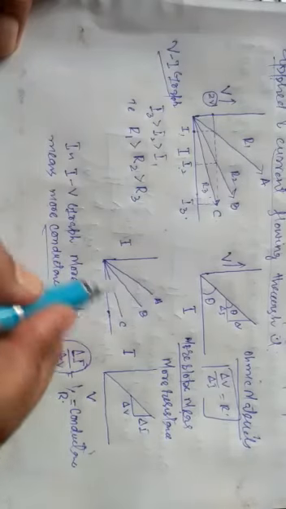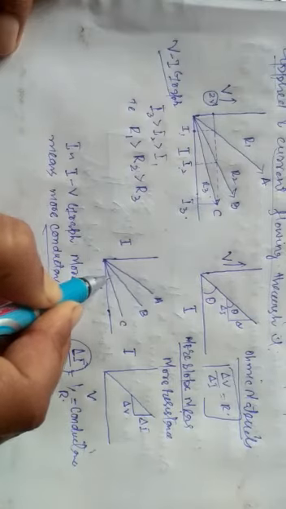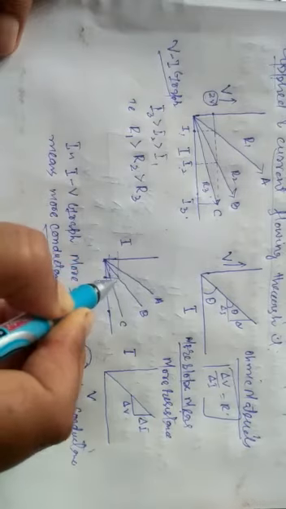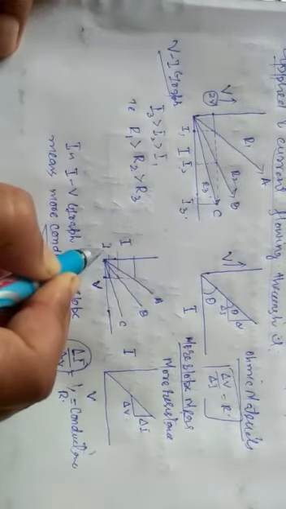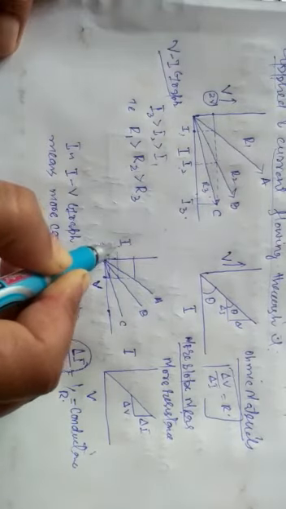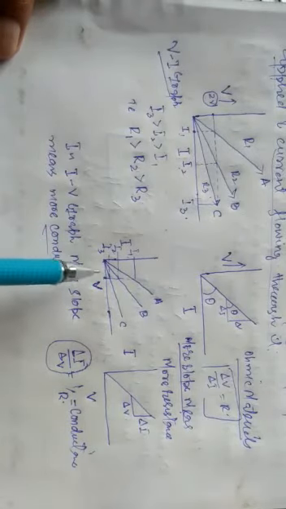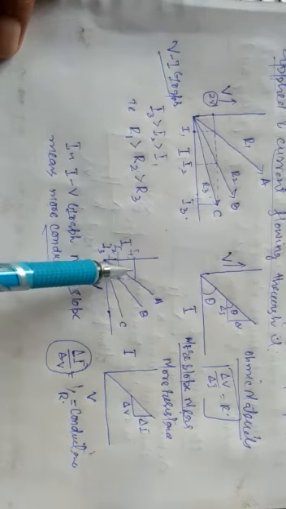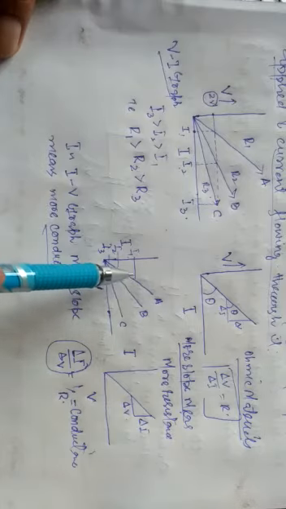Let us find out. At this voltage, in material C we are having this much current, at the same voltage in material B we are having a lot of current, and in material A we are having this much current. It is I3, I2 and I1. Now here you have to say I1 is greater than I2, which is greater than I3. If I1 is greater, that means this is having the least resistance and more conductance.